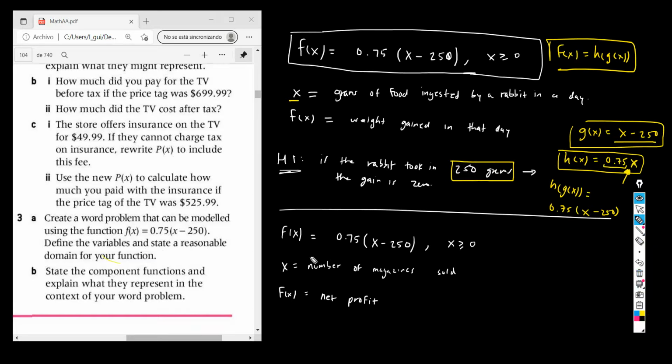Let's go to another example. Same function. Same function. And now I'm going to create this other variable. X is the number of magazines sold. Let's suppose this, guys, that there is this student in CDEP,